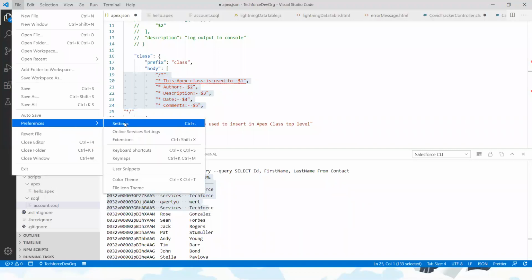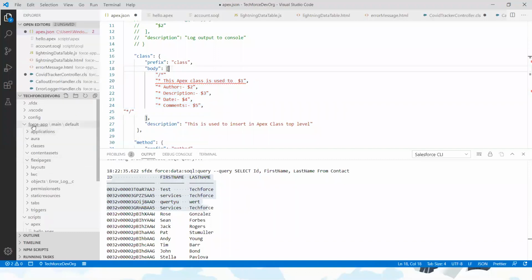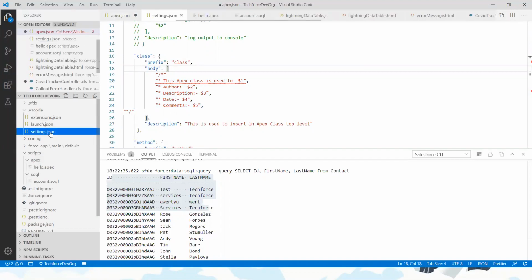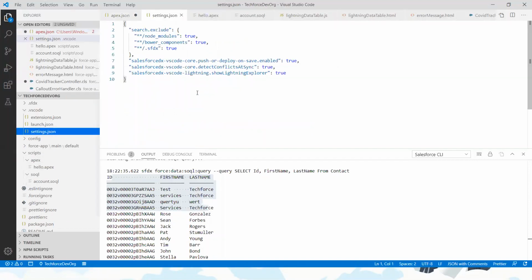In the settings file, in the project folder, click on the VS Code folder, the second one from the top, and click on settings. In the settings, just on the top after the comma, can you enter a new line? Let me enter here, after line number 6 or anywhere you want.